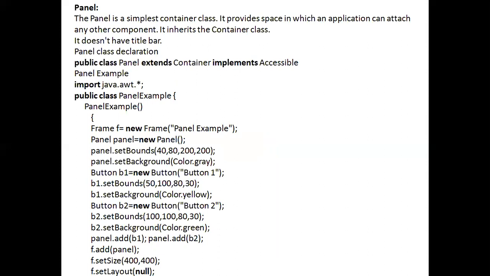Next we are adding those two buttons inside the panel. So this panel is added inside another panel. The other panel is panel example. So outside there is one panel, and inside there is another panel. We have set the panel color as green for the inside panel. The outside panel is a frame, and the frame name is panel example. The size of the outside panel is 400 by 400, the layout is null, and visible is true.